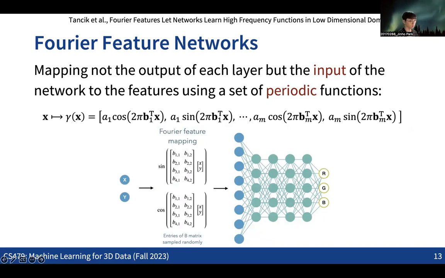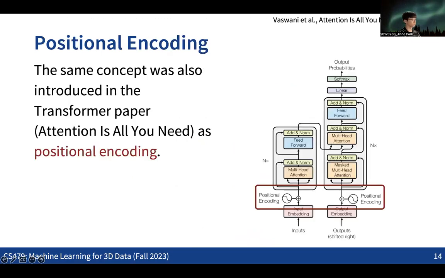Actually, this is quite a common idea that you might see when you learn from other deep learning related things. If you took any deep learning courses, you might see this. It is actually the same as the positional encoding in the transformer. If you know the transformer, the common architecture that everyone uses these days, you can see there is a part for positional encoding, which is exactly doing the same thing.